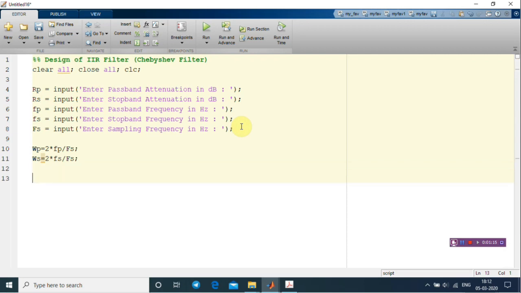Once this has been done, I'll be calculating the order and cutoff as we had done for your Butterworth filter. The same would be followed for the Chebyshev also. So I'll be passing two variables.